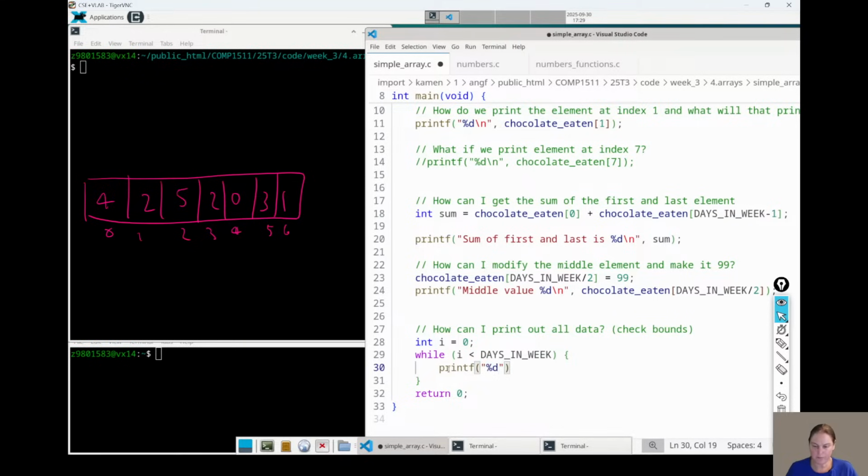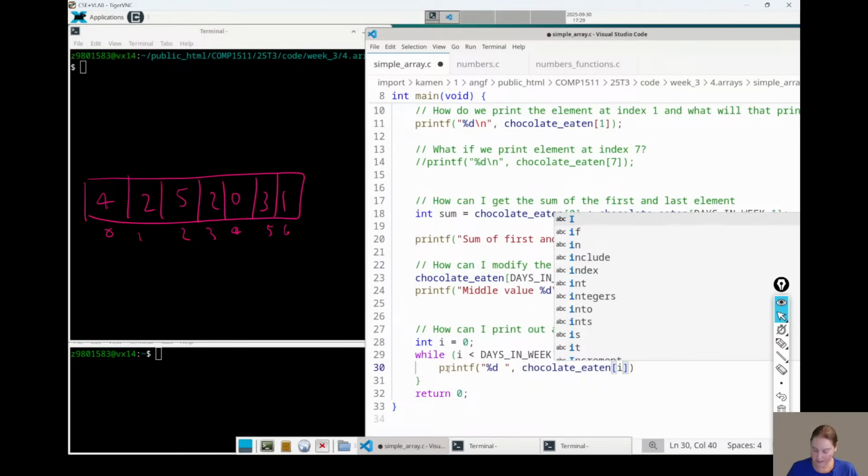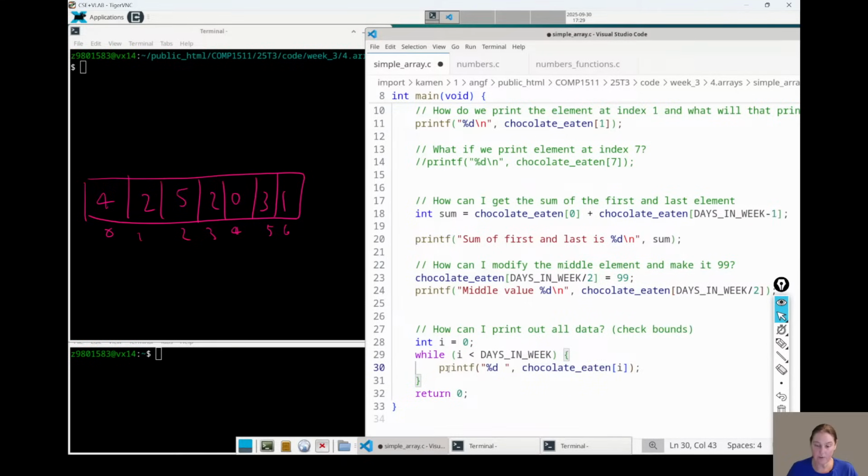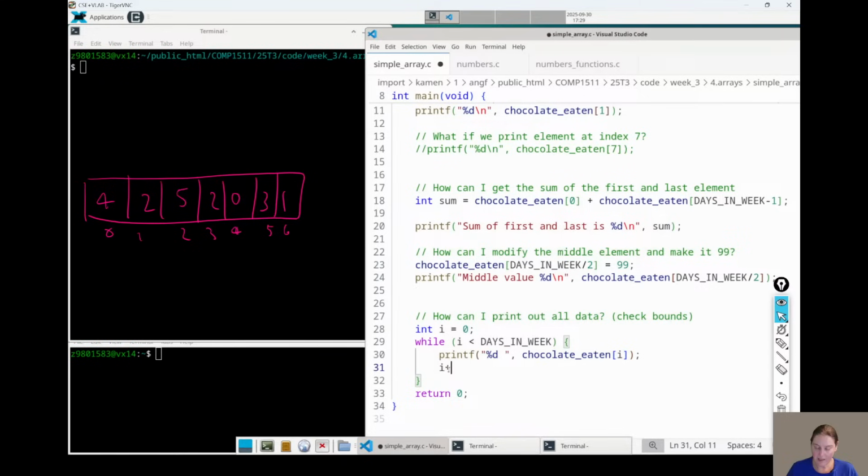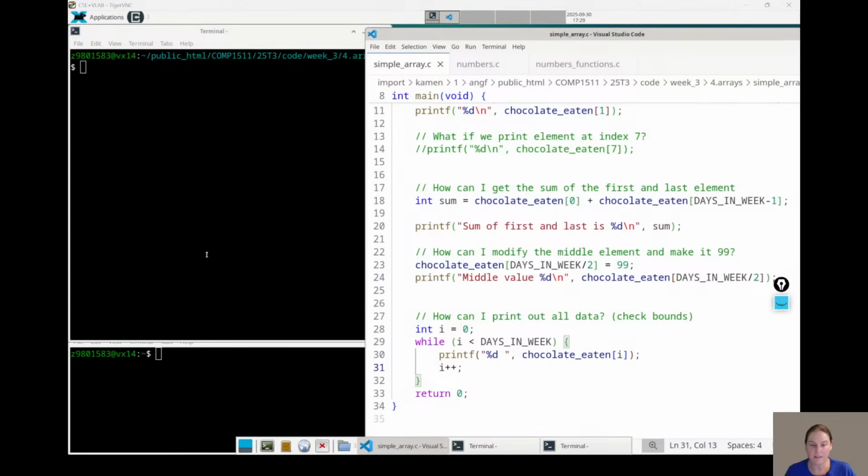We'd do printf %d, let's just do a space after it, and we do chocolate eaten at that index i. So it's exactly what we just saw on the slide. And then we've got to make sure we increment it. So this should go through one by one from index 0 up to index 6 and print out each element.